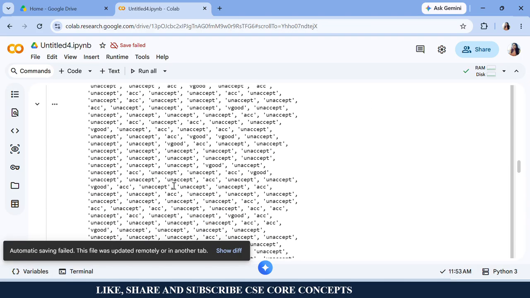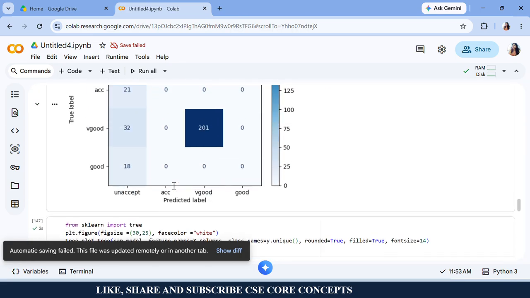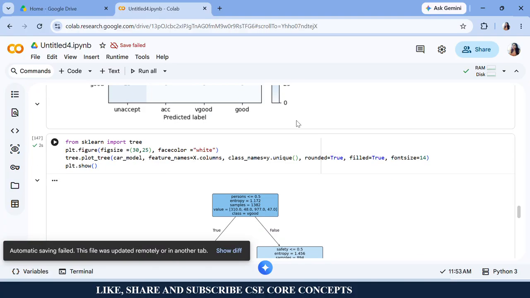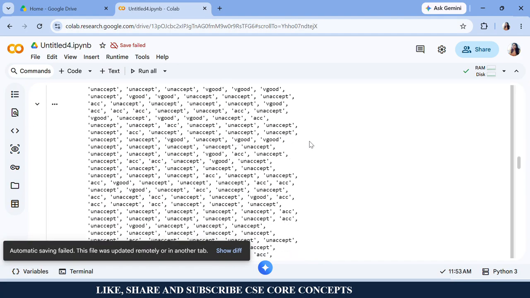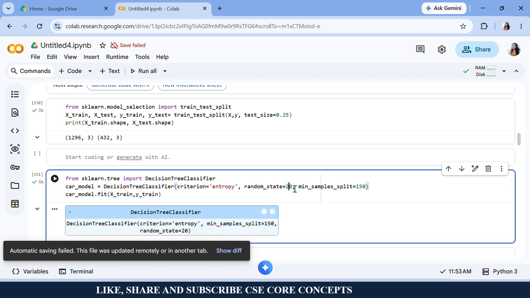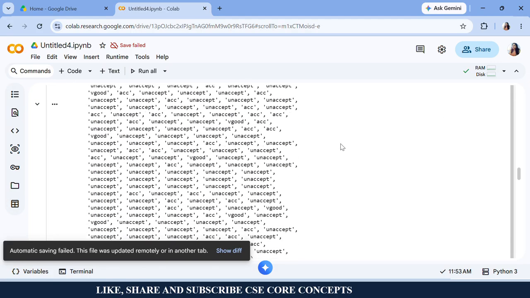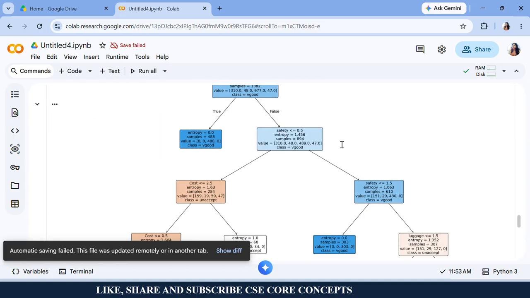Maybe some other columns are playing a very important role, or maybe your data is not learning properly. You can even increase the randomness. These are the different hyperparameters which you can tune to get desirable results. The model is not yet perfect, so you can strive to achieve it by fine tuning your hyperparameters.